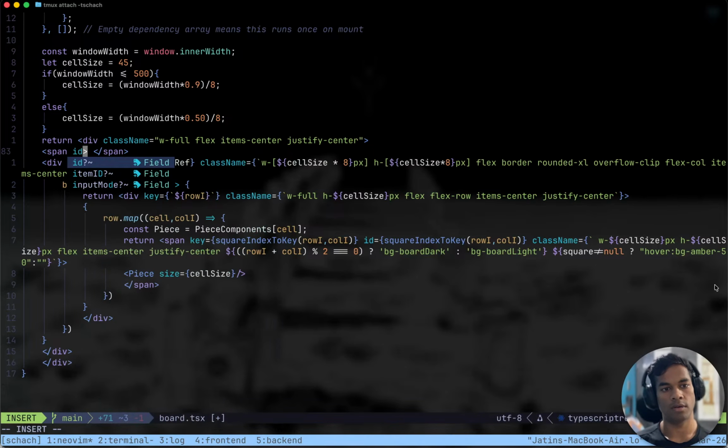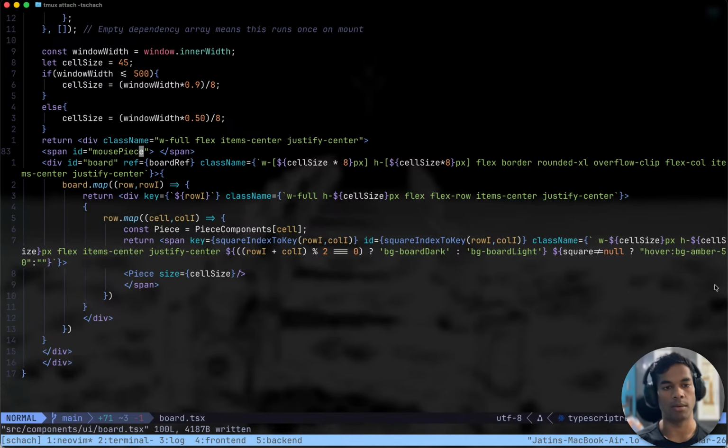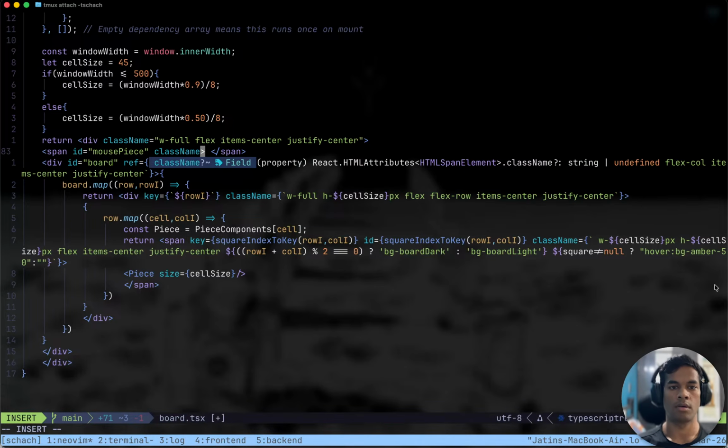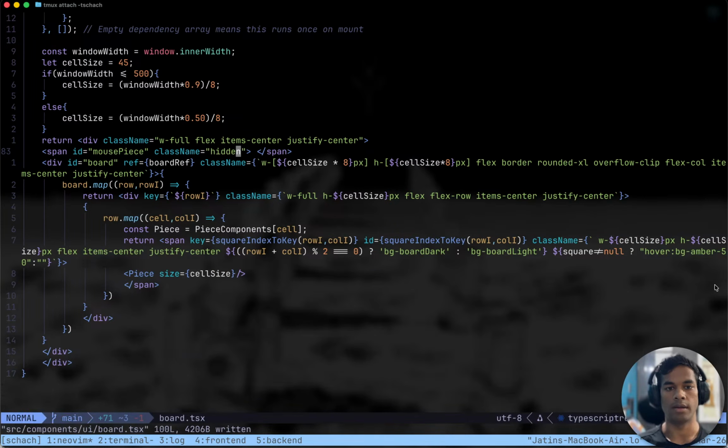We'll call this id mousepiece, not a mouthpiece but a mousepiece. And initially class name equals hidden.